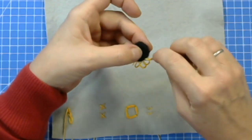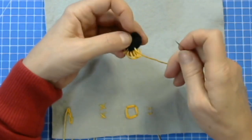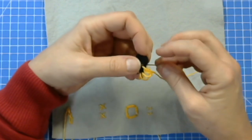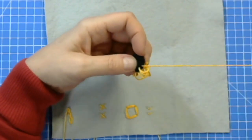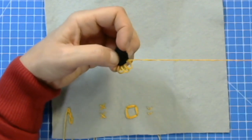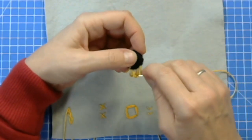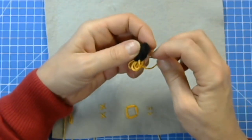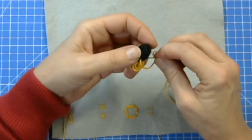You decide how long, but once you start making the loops, try and keep them the same, and then you're going and making another stitch. Try and keep this as underneath the lapel as possible, and the second stitch you will have to pull tight, and that second stitch, that smaller stitch, will stop the loop to be pulled at any point. So then you're going to make a loop again,